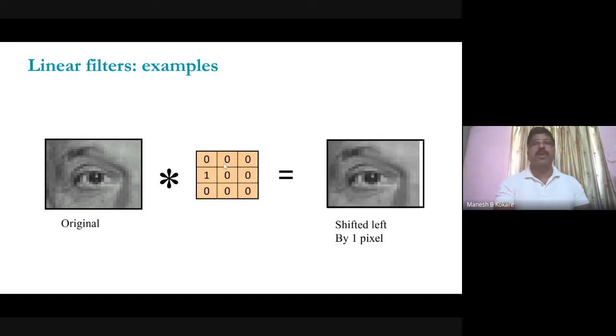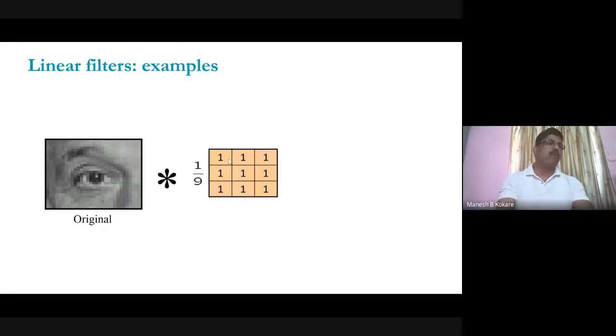Or, for example, if you want to shift the image 1 pixel down, then the intensity, or basically the weight, of this mask should be 1 here, and the rest of the things should be 0. If you want to shift it 1 up, then this should be like that. So you can do the shifting operation, or you can do filtering in any way, whatever you wish, and so on.